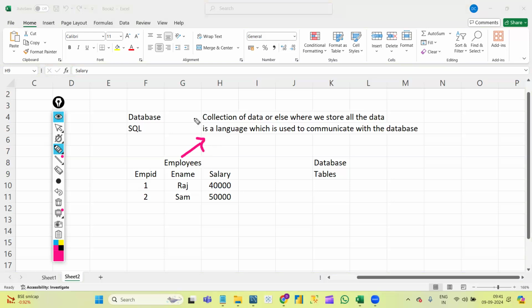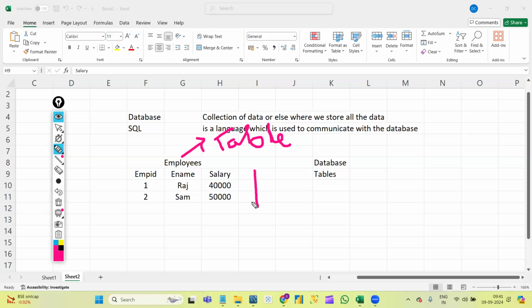Okay. If we store the same details, the same information, in a database also, we will store it in the same way. We will store it in the form of tables only. There also, employees will be our table name. Generally, how we create these tables and how we insert the data will be different. But after doing that, if we want to see the data, we can see it like this only, in this format. Here, employees will be the table name, and